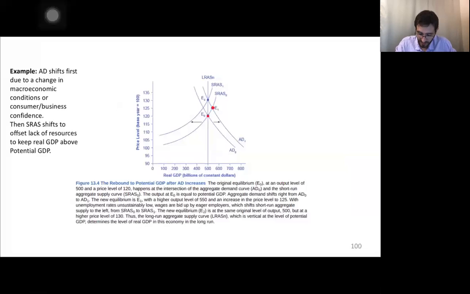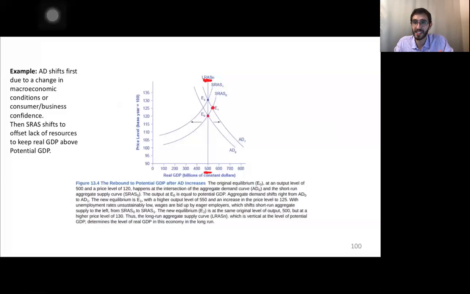And if that's the case, is that sustainable? Well, we can notice here that we are past the long run aggregate supply, which means that the most efficient level, given the current scenario of the economy, is to stay at that level at 500. So that means that if we're past $500 billion in this case, we're producing too much, okay? You can see that because resources are very scarce, because unemployment is very low, because we're producing more than what is efficient for this time period, people are going to start bidding up wages to try to get workers because they want to produce more because they know that the demand wants it, okay?